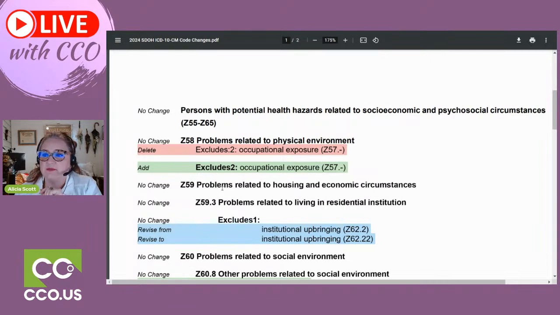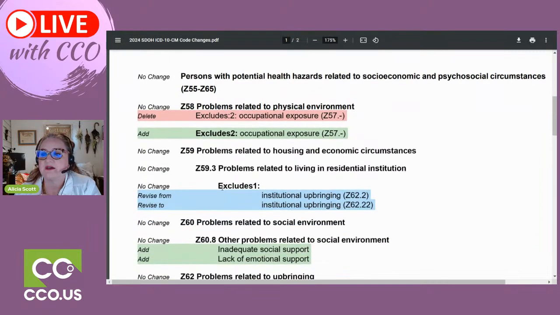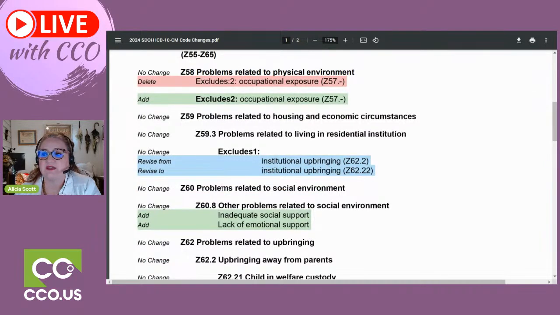Okay, now moving on, if we look at Z59, when we went to Z59.3, problems related to living in residential institutions, they revised the verbiage on the excludes. So it is institutional upbringing Z62.2. They have revised it and made it Z62.22. Okay. Z60, the problems related to social environment, they added the Z60.8, other problems related to social environment,